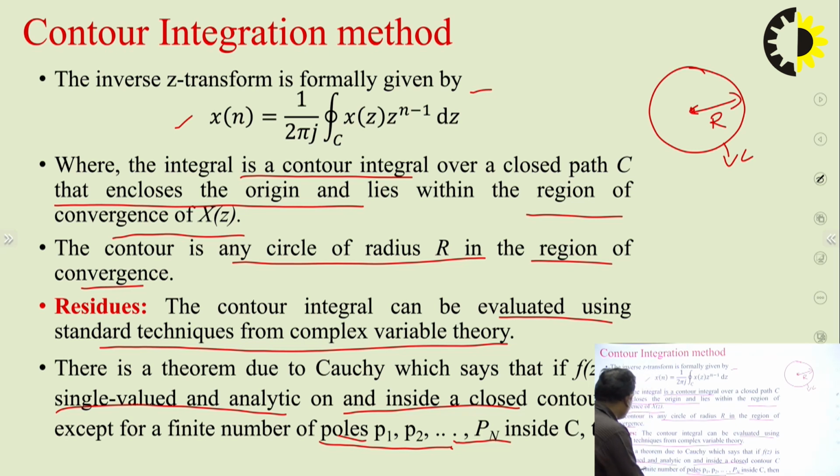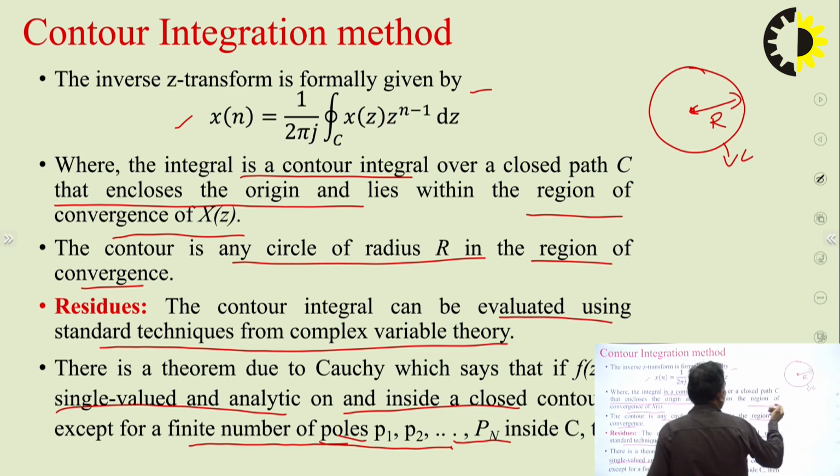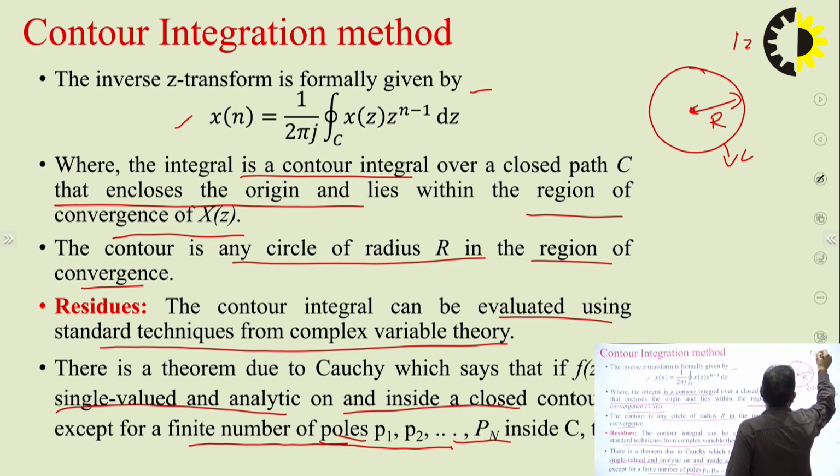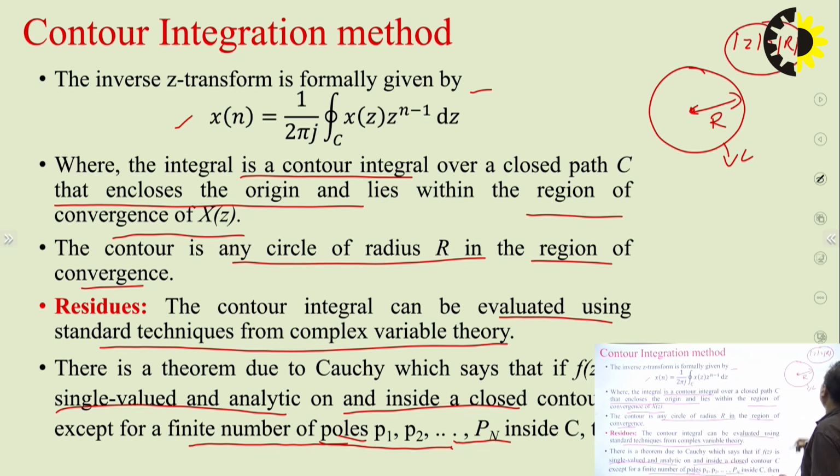So you can see here is a closed contour C, except for a finite number of poles inside C. So we have to take only those poles according to the ROC. This ROC is defined in terms of |z| greater than |z_r|. According to the ROC defined, we will take a circle which is defined as C, and according to that we will find which poles are lying within this circle. Only those poles are used for finding out the